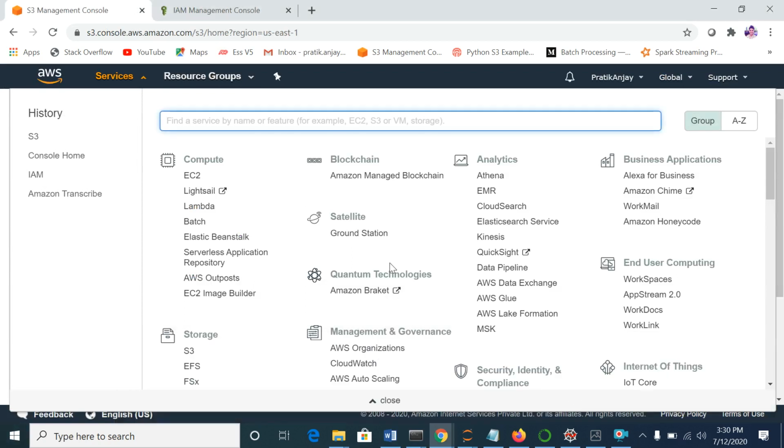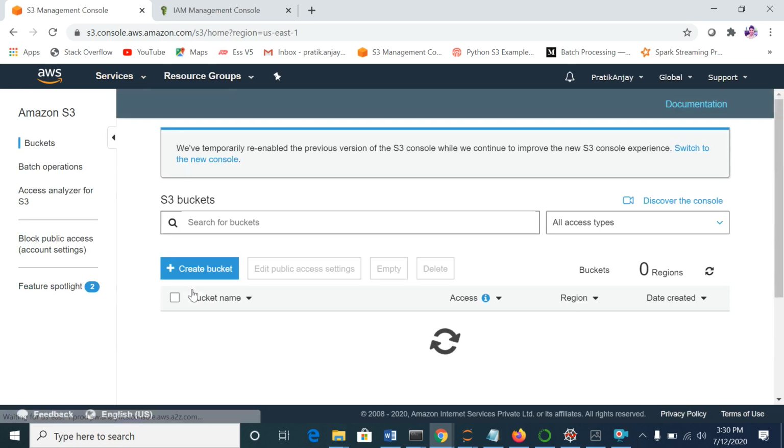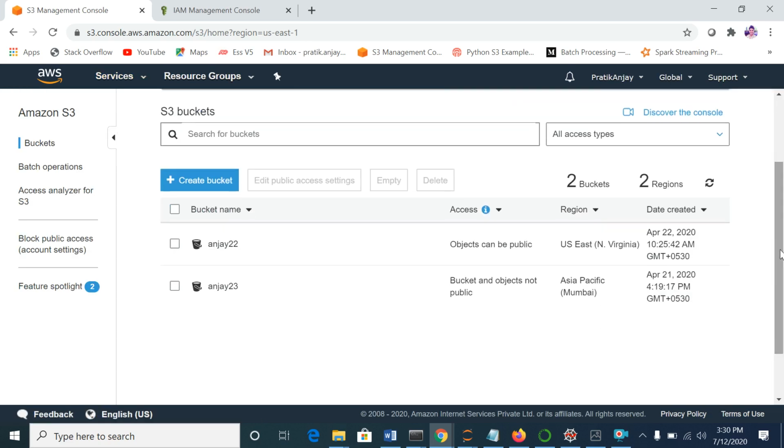So this is the Amazon website, and you have to go to the AWS Amazon console, and there in the storage and content delivery section you will find Amazon S3. For example, here this is my storage, and this is the S3 bucket that I am seeing here. Now I have to click on that. So this is showing my S3 buckets, and these are the two buckets that already exist, and I'm going to show you how we can create a new bucket, how we can upload files over there, and also how we can delete the bucket from here.